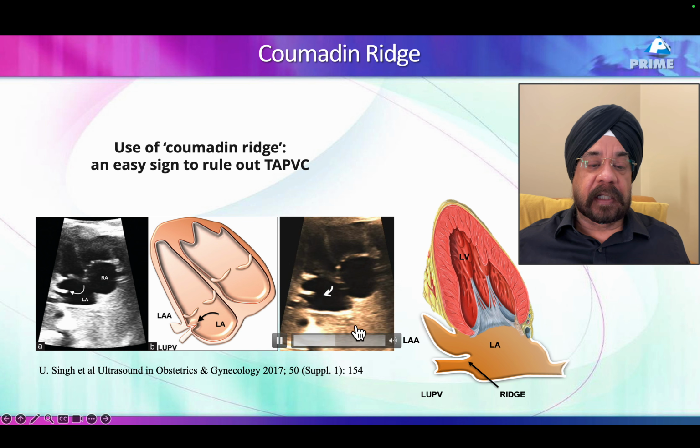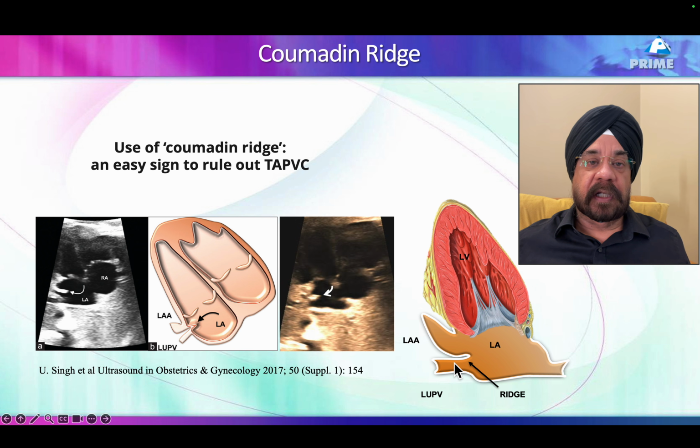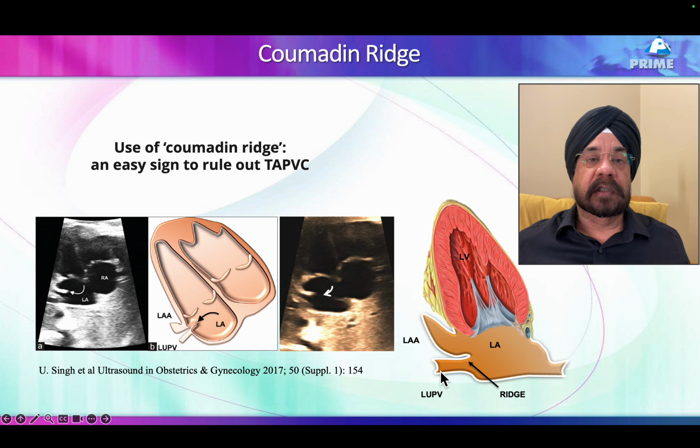And the ridge is very good and easily visualized on a 2D of a 4-chamber view. You see this ridge, and if this ridge is absent, that means this pulmonary vein is not entering into the left atrium, right? And in case the ridge is present, it rules out TAPVC because at least one pulmonary vein is entering into the left atrium. So this can be used as a